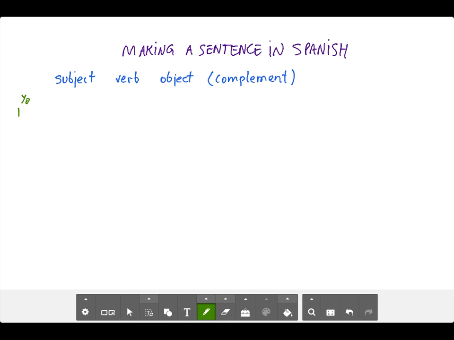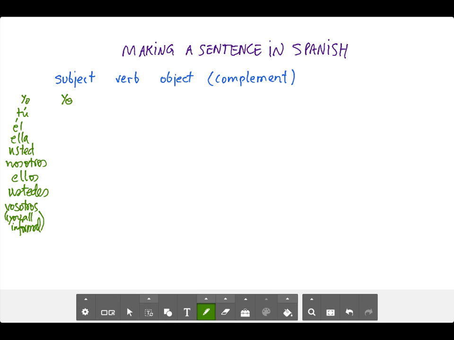The yo, tú, él or ella, usted, the you formal, nosotros, ellos, they, or ustedes, you all. And of course, in Spain, they use vosotros for the you all informal, which we will not be delving into much. No? So you need the subject, and once you decide on the subject, so we'll start, for example, with